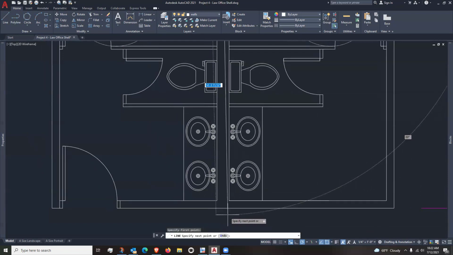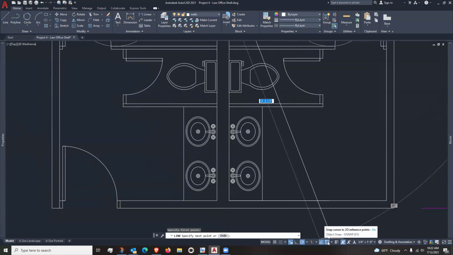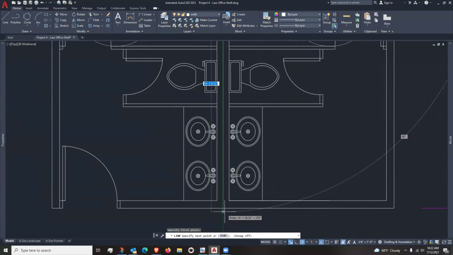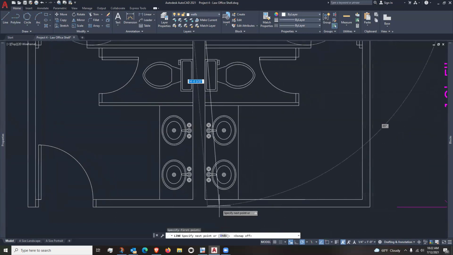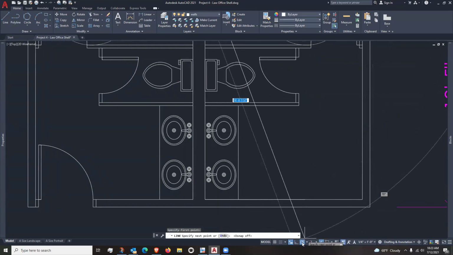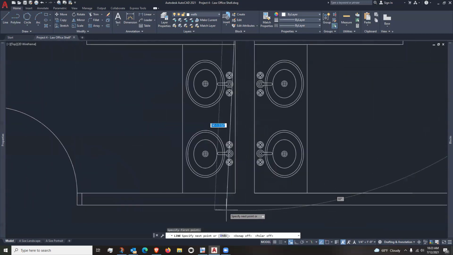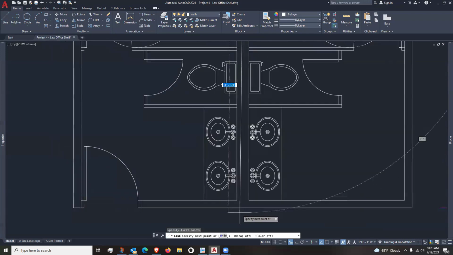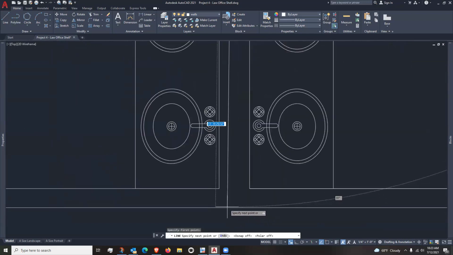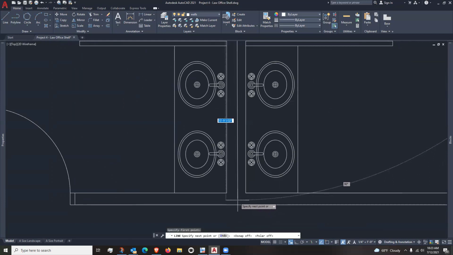This is something that I should mention to you all in any case. Let me turn my OSNAP off for just a moment. So now I'm not snapping to anything, my lines are just coming down. Let me turn off polar tracking here too. So if I want to come down and for whatever reason I don't have OSNAP on, and I want to snap to the perpendicular of this line,